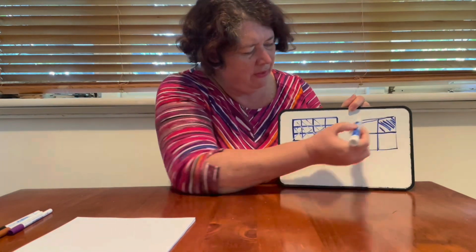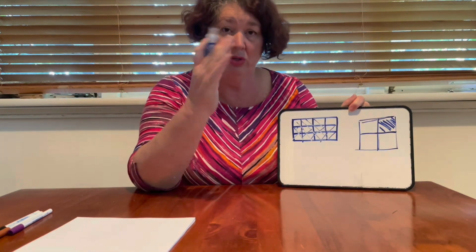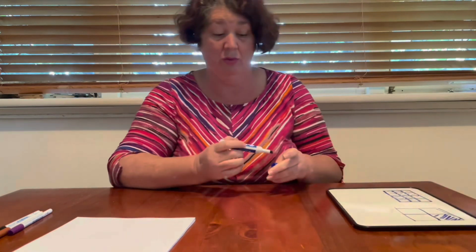But if their ability to visualize is only looking at those four squares within a square or four squares within a rectangle, they don't think of that. It is not part of their